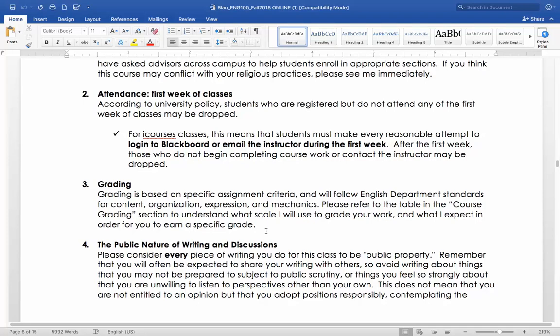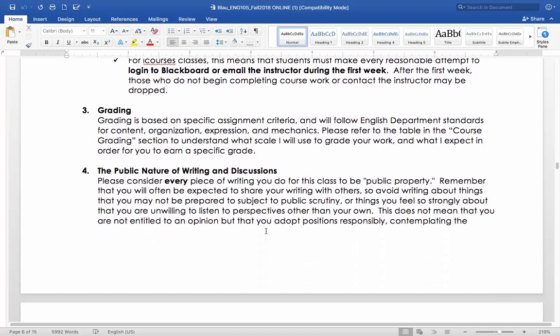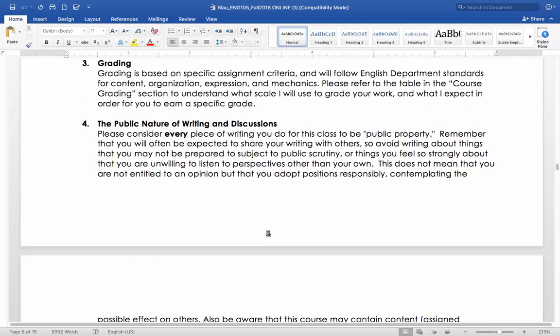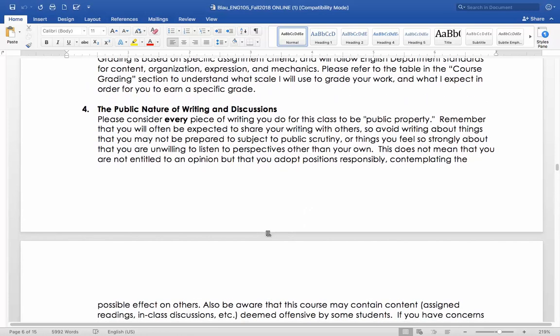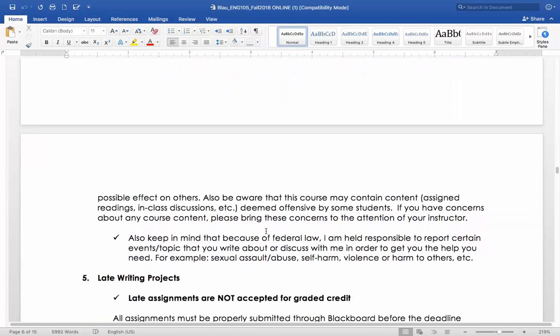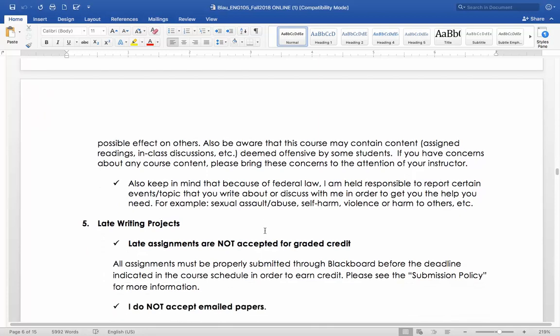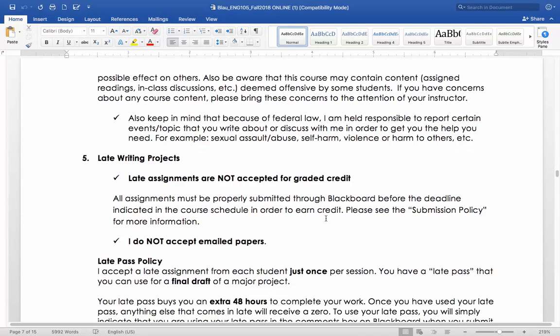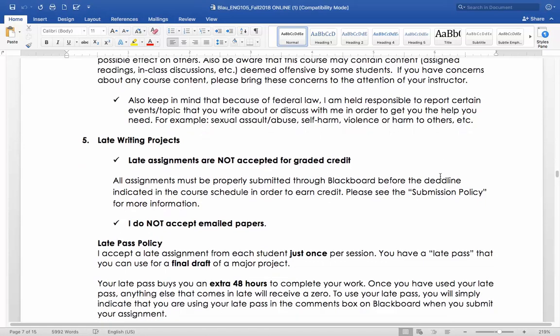If you are in the course but you don't reach out to me or submit anything in the first week, you are in danger of being dropped. Be sure that you understand that everything written for this class needs to be available in terms of being considered public property. So make sure that you're writing in that way. Also keep in mind that because of federal law, I'm a mandatory reporter. So things of a sensitive nature, things like sexual assault, abuse, self-harm, violence, things like that, I will have to